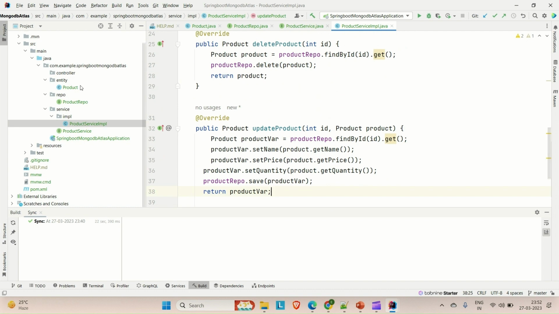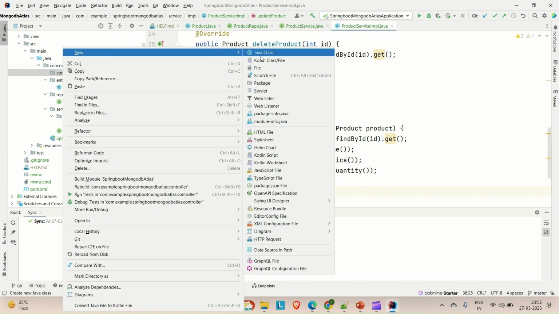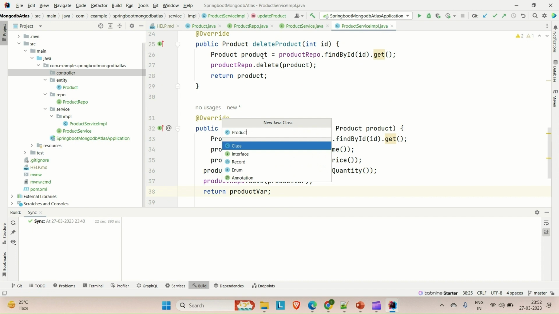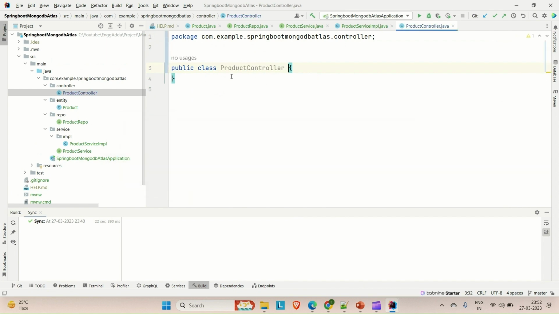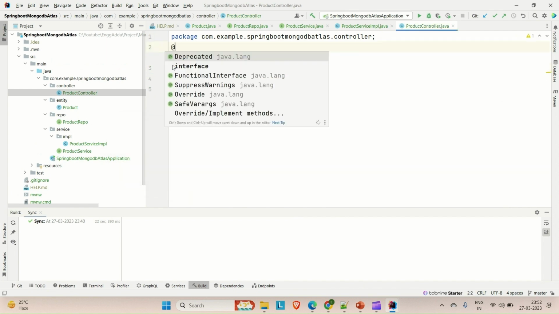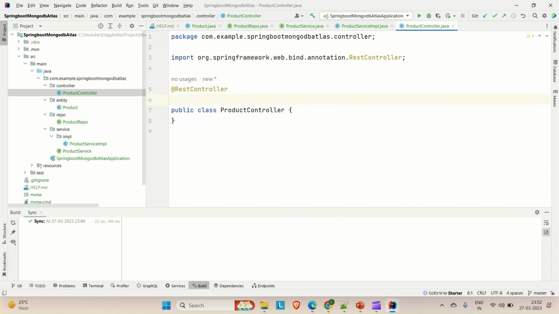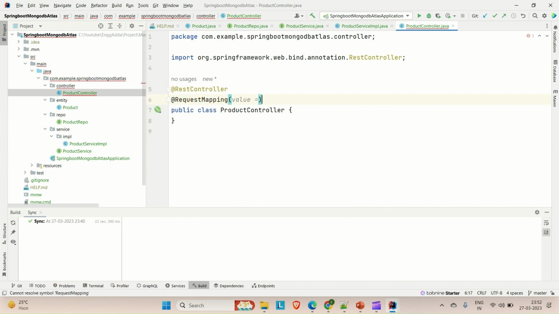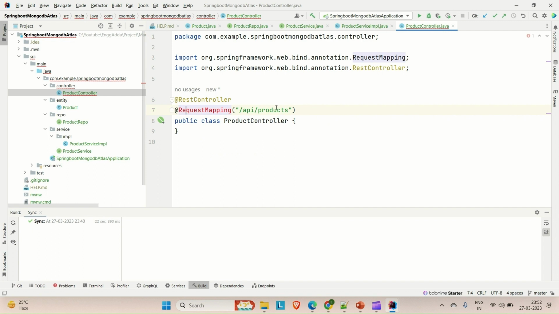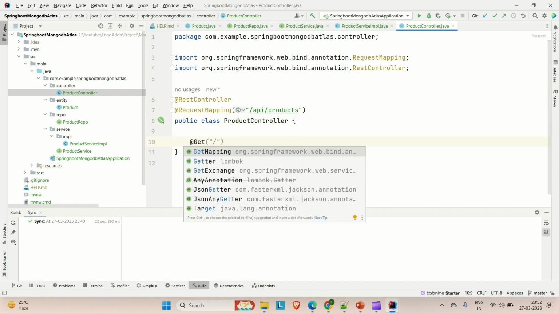Okay, now we'll try to create the controller here. So go to the controller, create one class called product controller and add this. Let me try to annotate this class with @RestController and @RequestMapping as well. And let me try to pass some class level mapping. Let's say API products. Let me try to import this. So we are good. Now let me try to create the APIs for all the methods that we have implemented